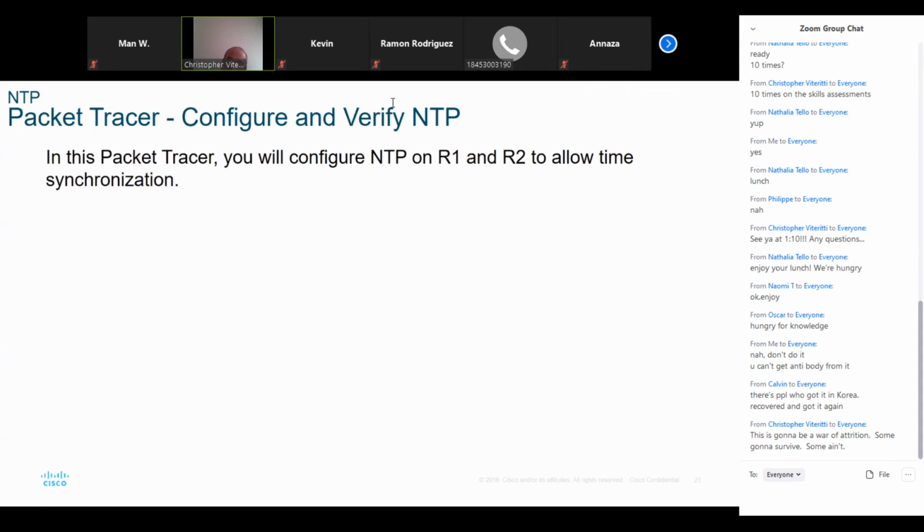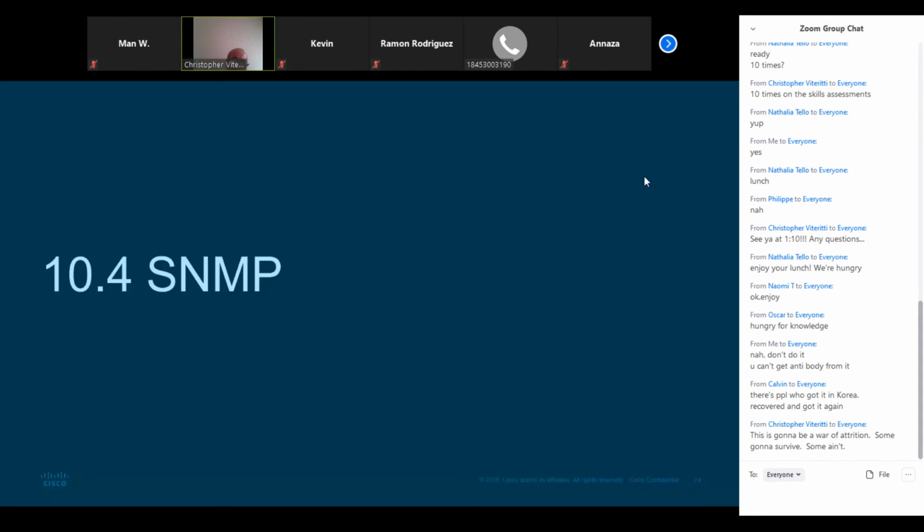So, moving right along, I don't know where that EHOR thing comes from with the whistle, but Simple Network Management